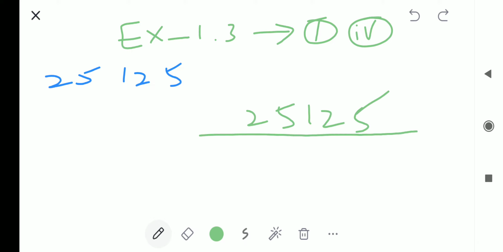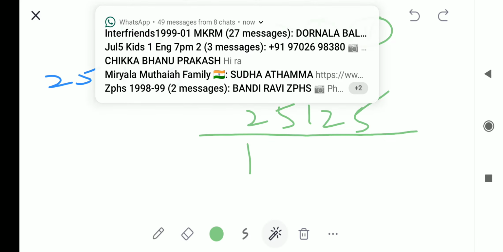That means if you want to convert the terminating decimal into P by Q form, we have to remove the point. After removing the point, whatever number appears there, we should write in place of the numerator. Next, for removing the decimal point, we get 1 in the denominator, and after the decimal point,